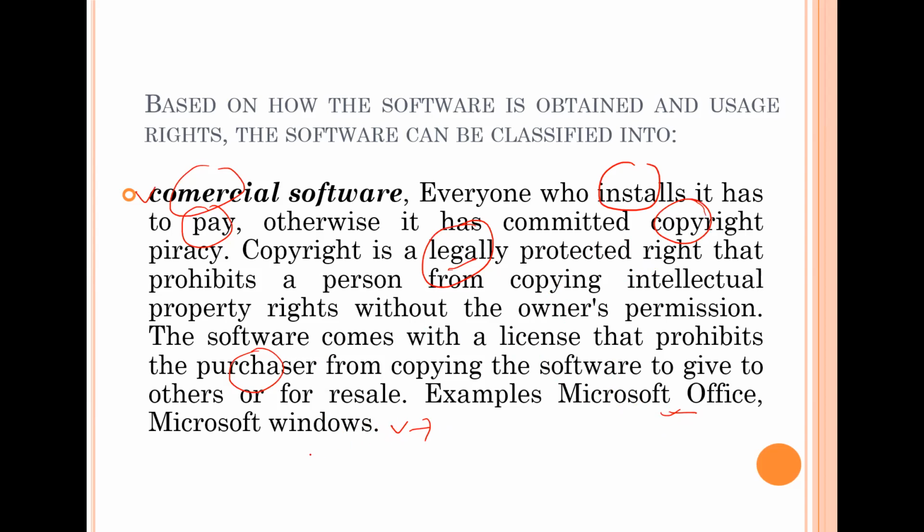It's already installed with a Windows version. But the Office here sometimes you need to buy, or probably you get a bonus or something, so you don't need to pay anything. It depends on where you guys buy the computer.